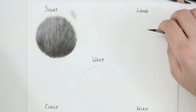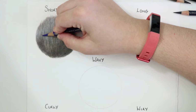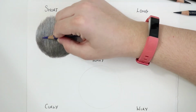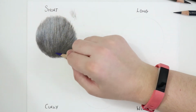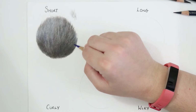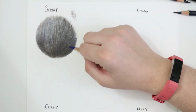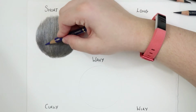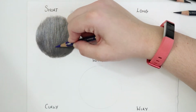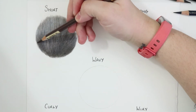And to bring out that sheen we can also go in and add a little bit of white. I'm also going to add a little bit of Delft blue. So I'm just adding those two variations of blue to add that really nice sheen down, and adding this blue into the darker area. When we add that walnut brown in, it's going to add another level of depth to those darker areas. So just adding the Delft blue, shading using the side of the pencil, glazing that colour over those darker areas. You can see that it's already giving another level of colour, and then going over with that walnut brown,